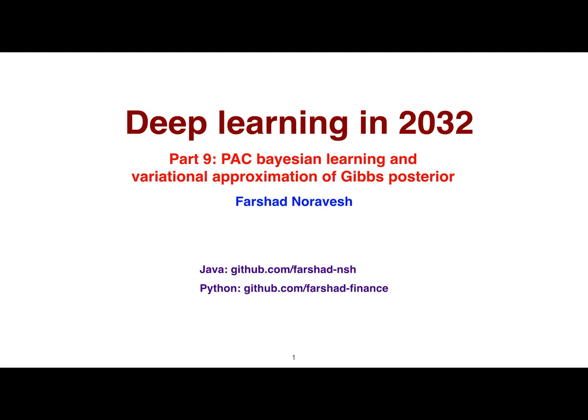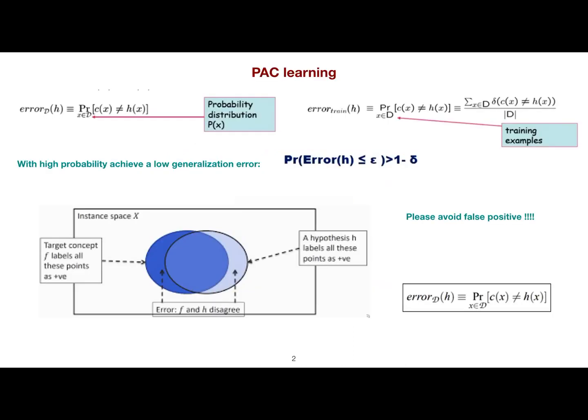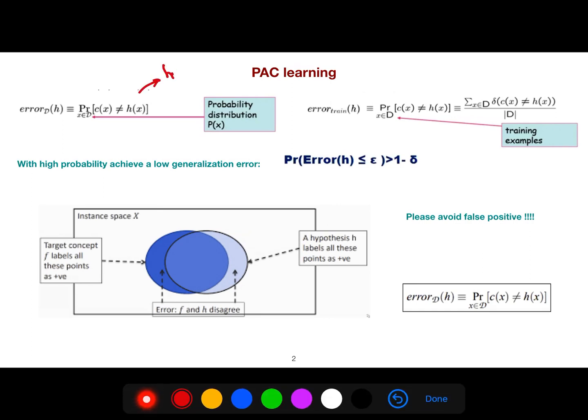Alright, so today I just want to prove the McAllester Theorem, which is very important for PAC-Bayesian learning. So we start with PAC learning. There is no Bayesian thing because we should focus on the necessity of this. So we have a probability distribution. And what is the probability that your hypothesis, for example, your favorite classifier, and this is the